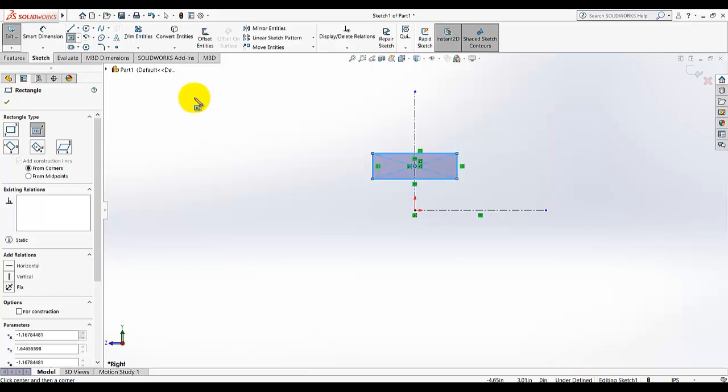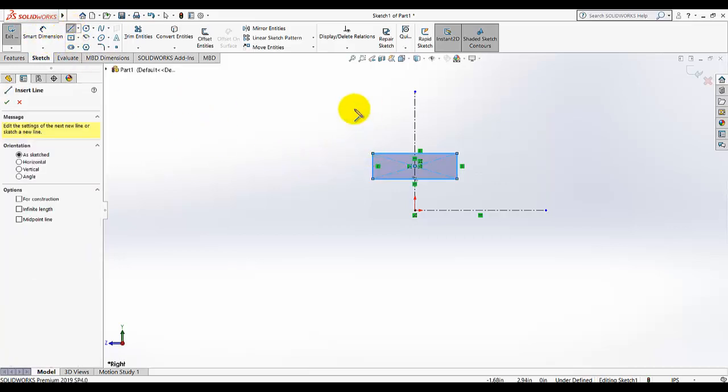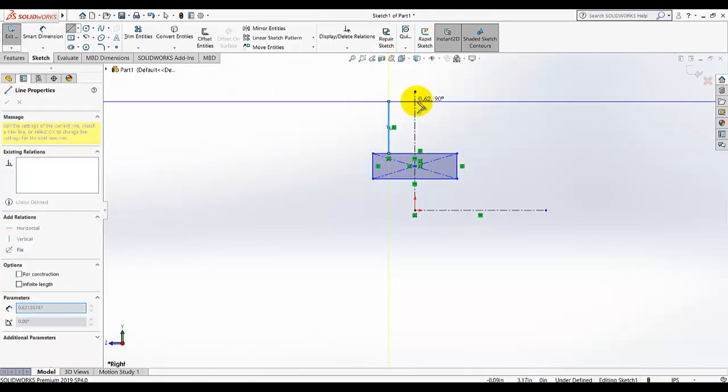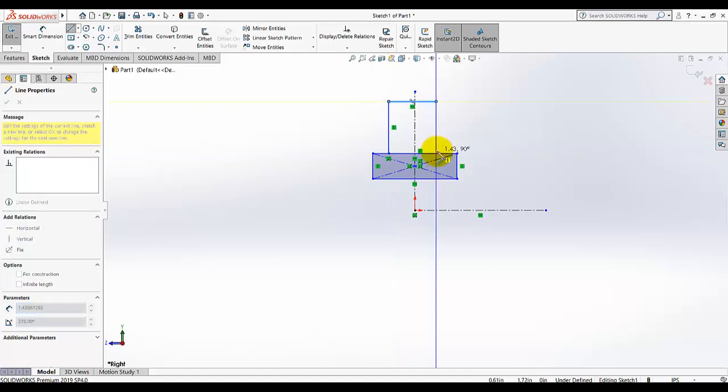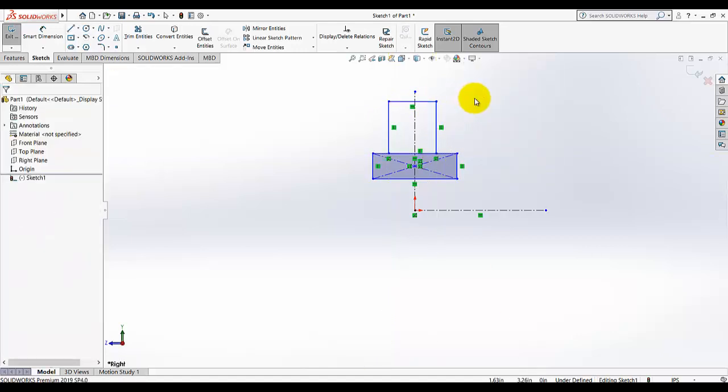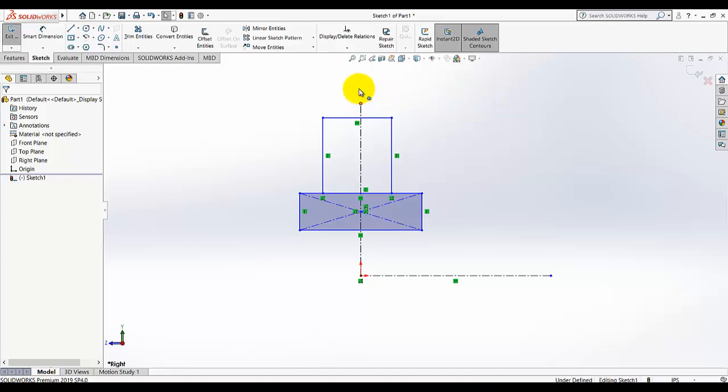then go to rectangle tools and draw a center rectangle like that. And I'm going to select the line tool and I'm going to draw lines like that, and I just draw this rough sketch,